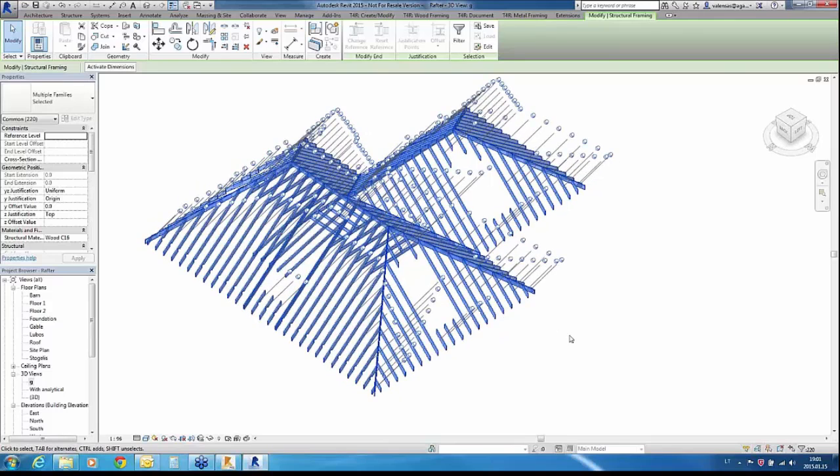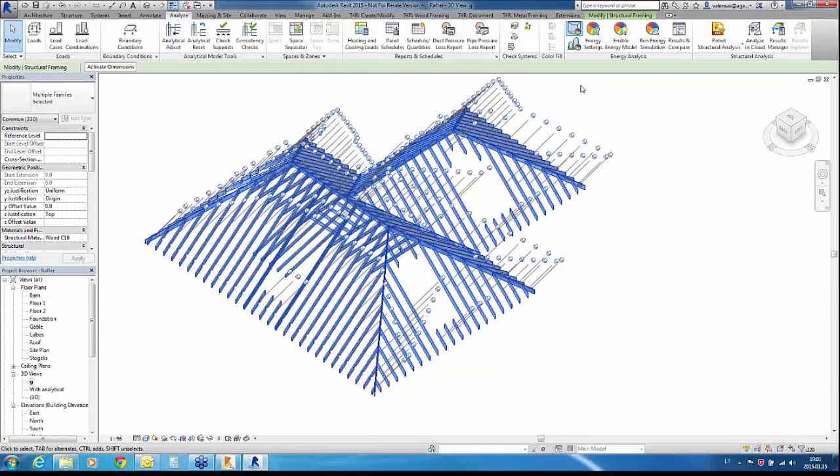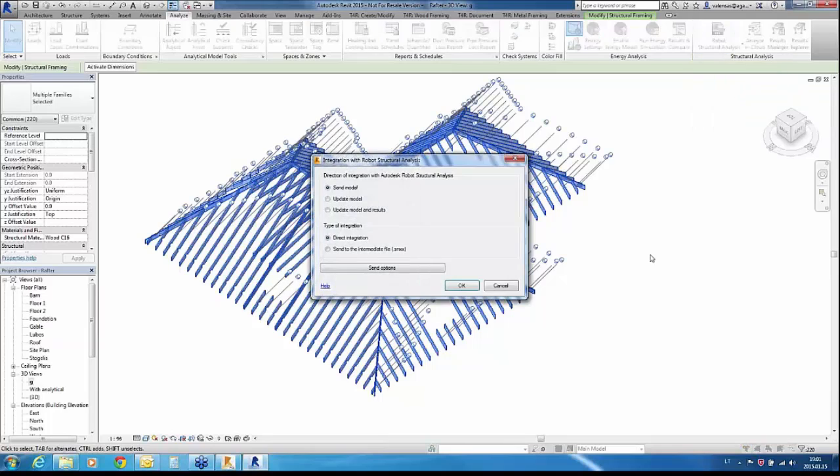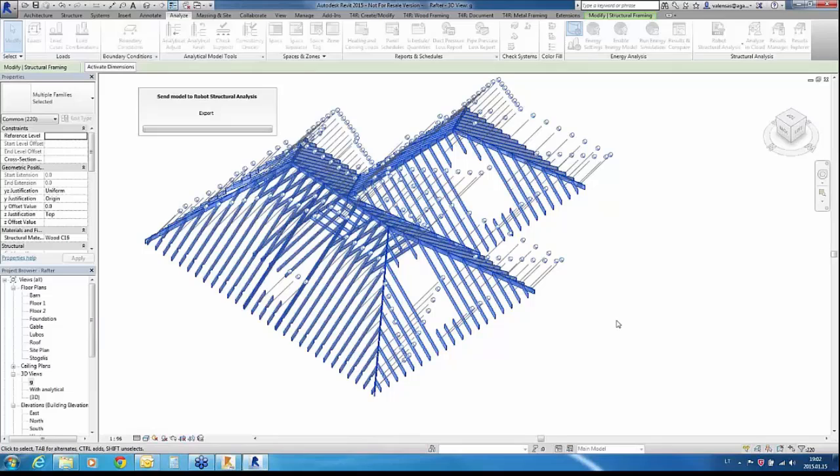So using Revit it's much easier, and I suggest to use the link between analysis software and modeling software. So I will once again hit the link button and I will hit OK,